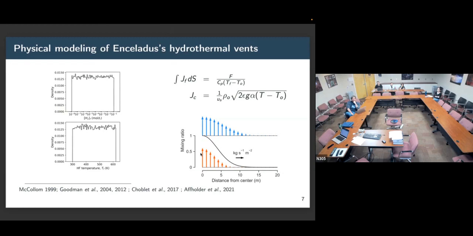To do that, of course, we need to set the concentrations in the hydrothermal fluid and in the seawater. We use constraints from the Cassini mission for some parameters, but mainly we use data from experiments of serpentinization. For example, here I show a distribution that we assume for the concentration of hydrogen in the hydrothermal fluid, and we just assume a uniform distribution between arbitrarily low concentrations, as if the potential for serpentinization in Enceladus was exhausted.